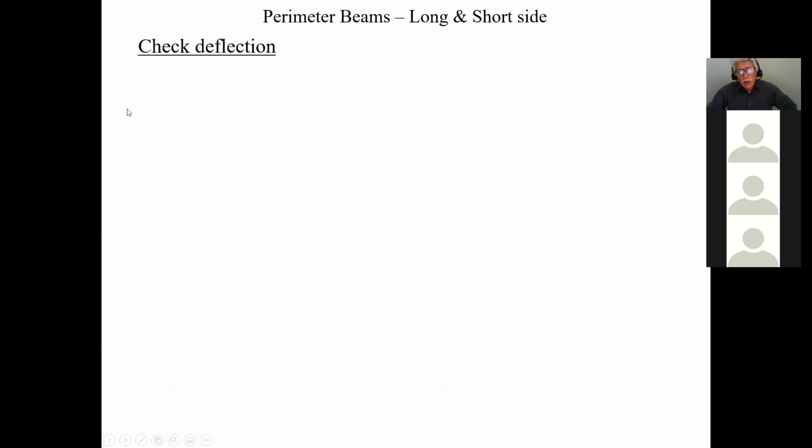How do you check deflection? You put the right size beam back into your ADA, and then you do one load case where you do 1.0 times your snow load. Then you check the results about bending about the MX axis, and you'll see what the deflection is. If the deflection is less than L over 360, it should be more than adequate. That's how you check for deflection. And then once you've